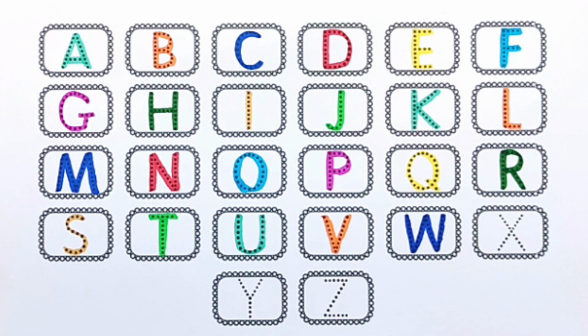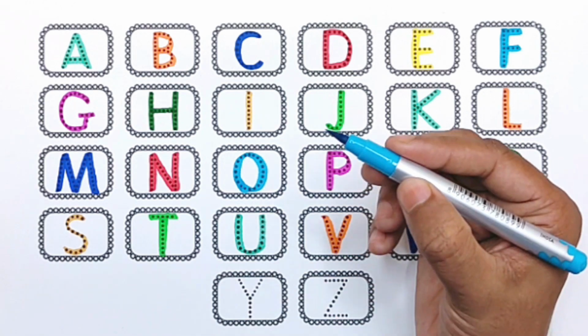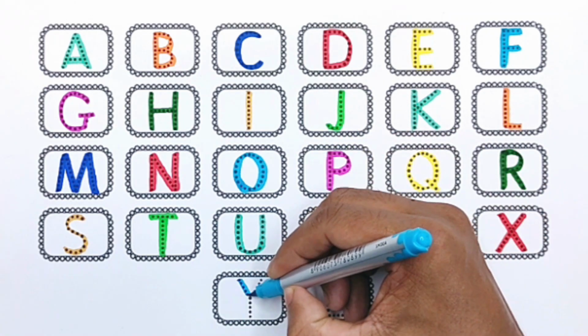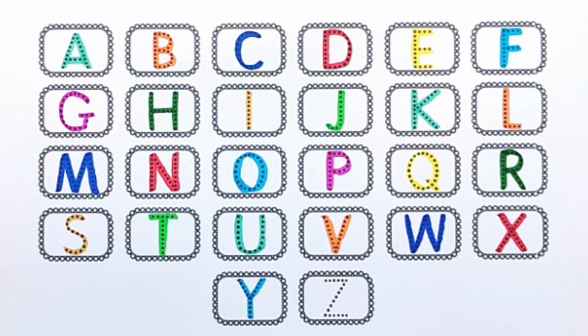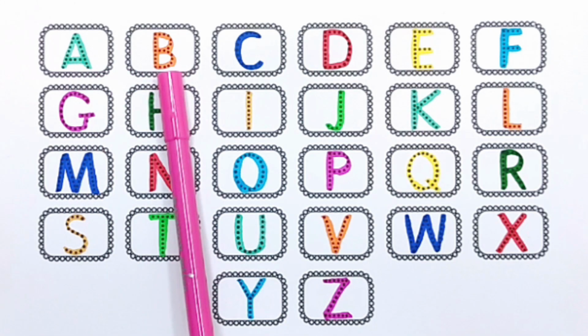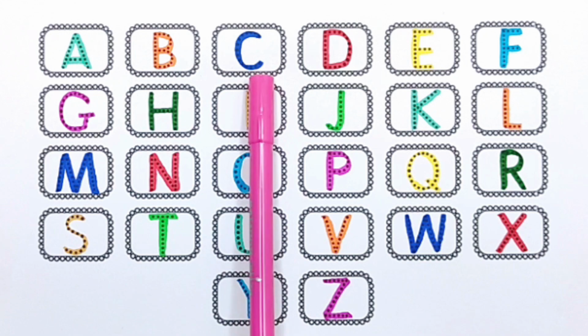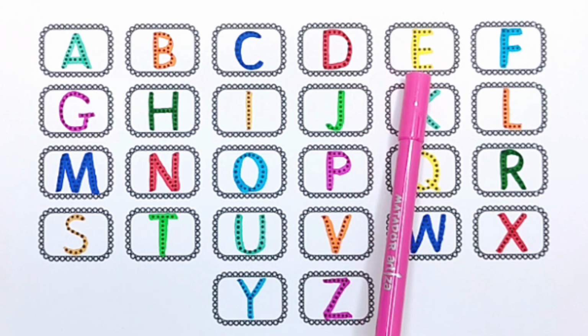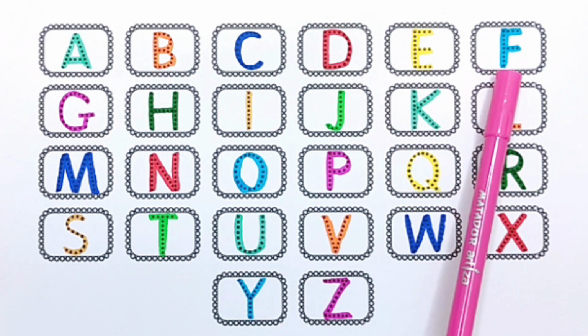W for watermelon, sky blue color. Y for yo-yo, pink color. Z for zebra. A B C D E F G